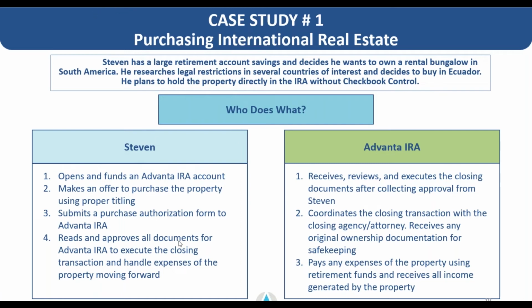But on Advanta's end, we receive, review, and execute the closing documents after collecting Stephen's approval. We coordinate the closing transaction with the closing agency or attorney, and we make sure to receive the original ownership documentation. So whatever is recorded in the jurisdiction of choice that shows Stephen's retirement account owns the property, we hold those documents in our safekeeping vaults so that they're safe and protected and are able to be accessed in the future. And we also, again, pay any expenses and receive any income generated by the property held directly in the